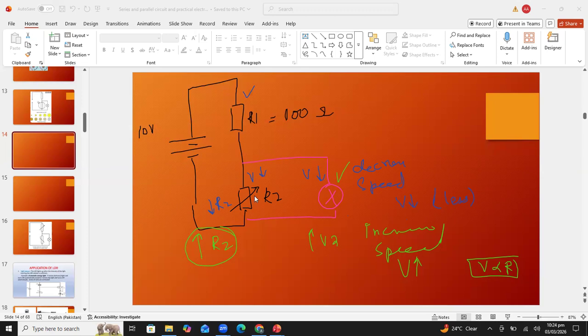So are you understanding, students, the application of potential divider? अब आप सोचें अगर मेरे पास ये सर्किट नहीं होता तो every time I need to replace the battery. मुझे फैन की स्पीड स्लो करनी है, मुझे 2 वोल्ट की बैटरी लगानी पड़ेगी। फैन की स्पीड सेम करनी है तो I need to disconnect the circuit and then I need to connect the greater battery so that the fan speed will become greater. So we should be thankful to the potential divider circuit. Just by rotating this potential knob, we can vary the resistance so that the voltage across the resistor will be changed and we can speed up or slow down any motor or any equipment.